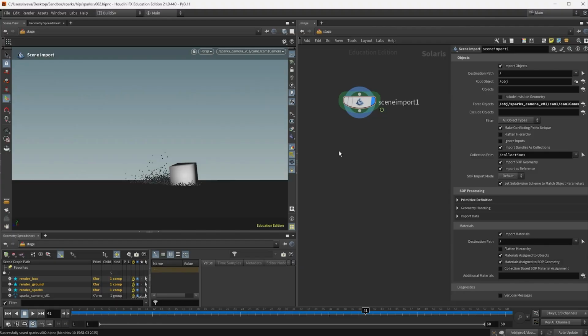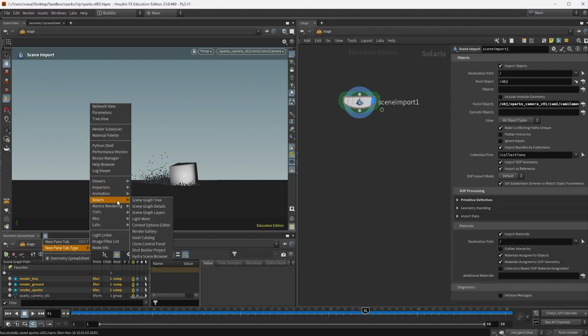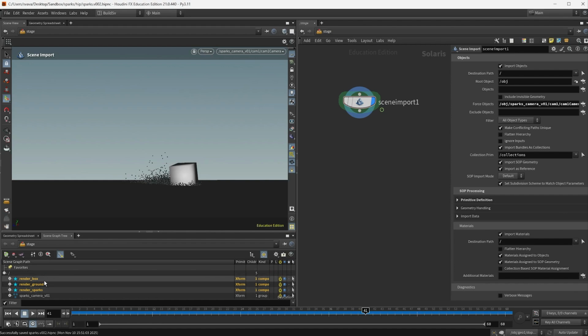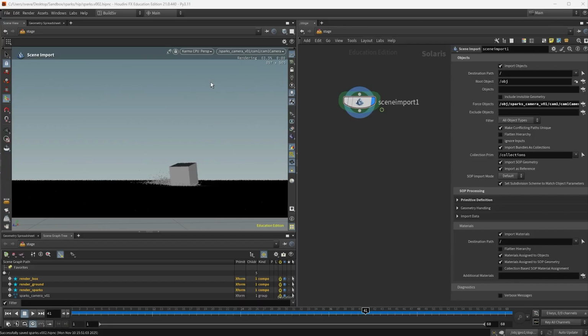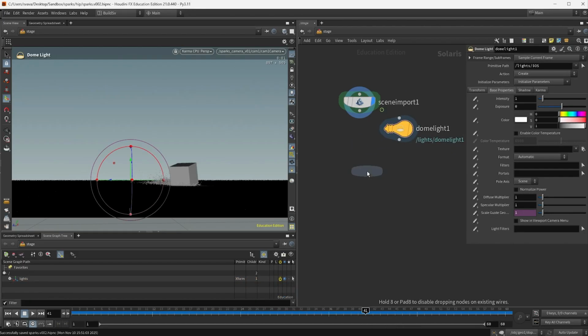And to see better what's going on, I'm going to open up the scene graph tree. And here we have all the objects in the scene. I'm going to change the view to Karma CPU. So this is the rendered image. Let's put down a light. So I'm just going to use an environment light. And I'm just going to merge these two together.